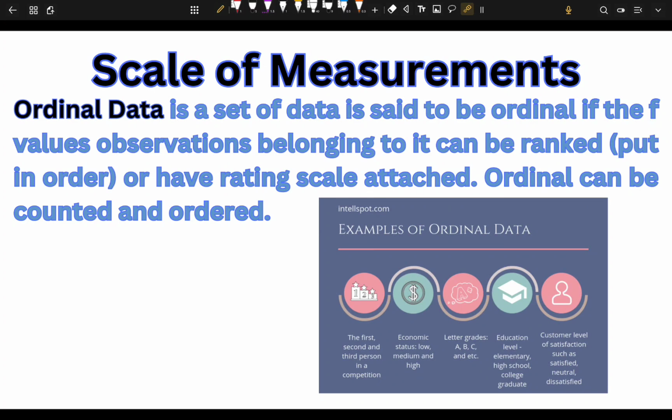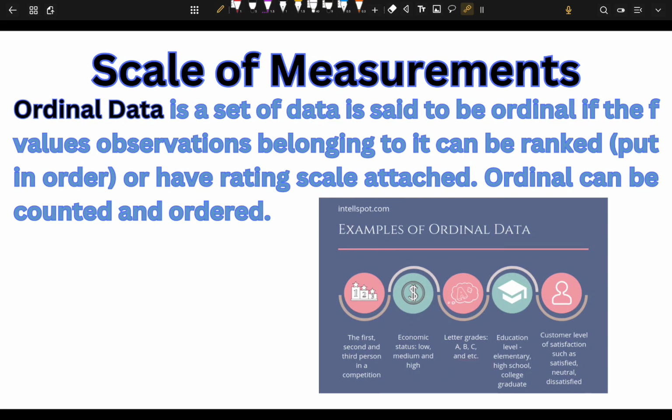For example na nga lang, sa ating illustration, we have the ranking. Pag halimbawa, sa runners, di ba, nirarank natin sila. Even sa schools, yung mga top students, nirarank din natin sila by their grade average. So, we have the first, second, and third. Ganun din pagdating sa economic status. We have the low, medium, and high. Sa inflation na nga lang din, di ba? Pinapakita rin yung pagtaas ng inflation. Kung mataas ba siya, mababa, or hindi. Sa letter grades, ayun, sample din siya ng ranking. A, B, and C.